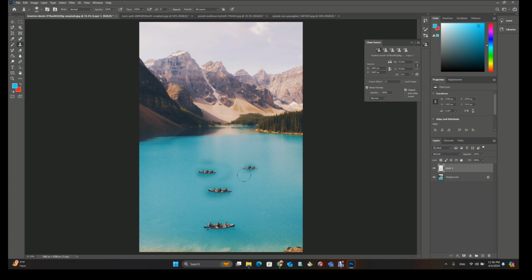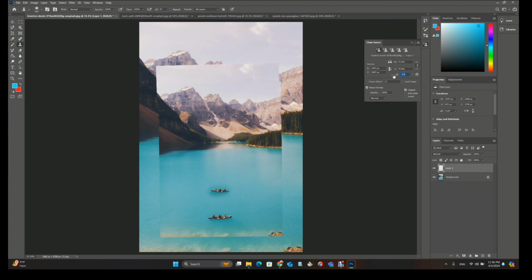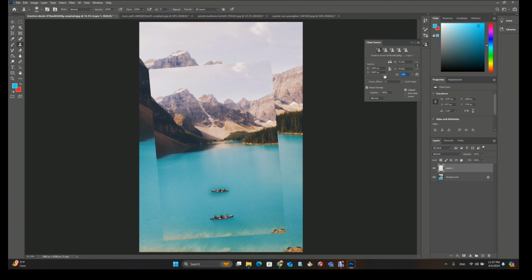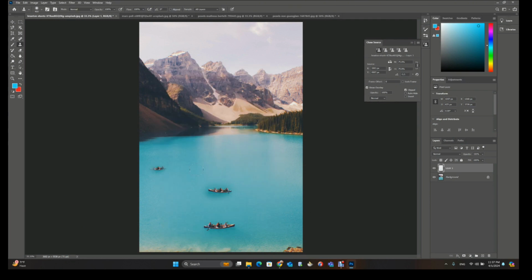So let's suppose I want to change the angle as well. Now you are able to see our image will change the angle. Let's suppose I'm going with minus 5, minus 5.5. Now what I need to do is draw the image here. You'll be able to see,